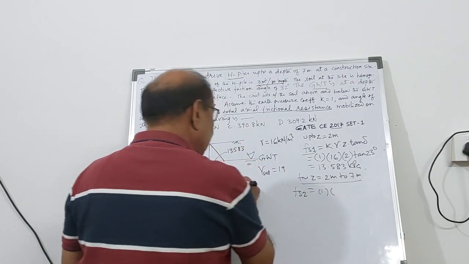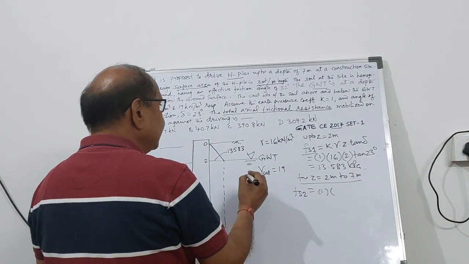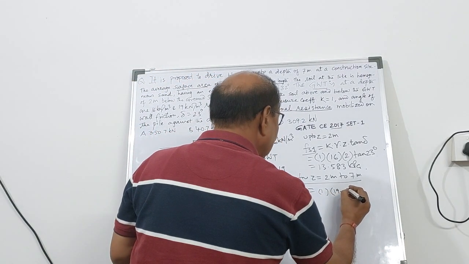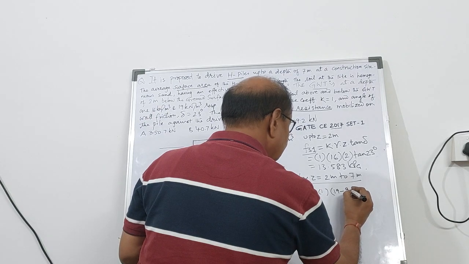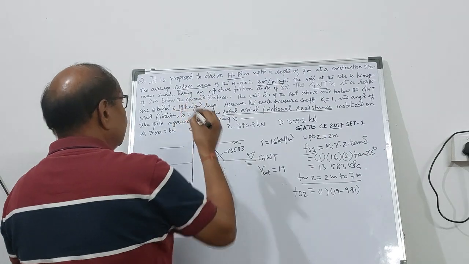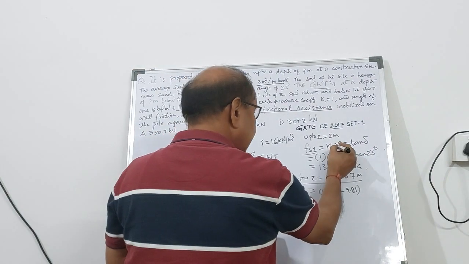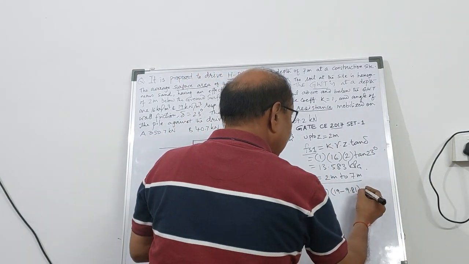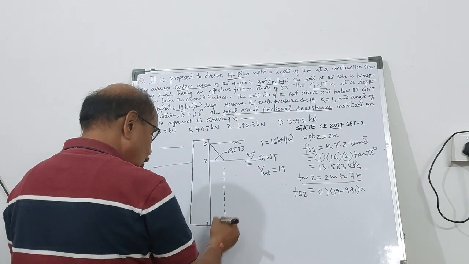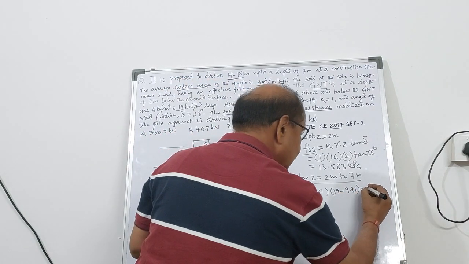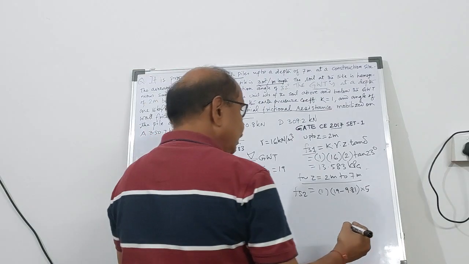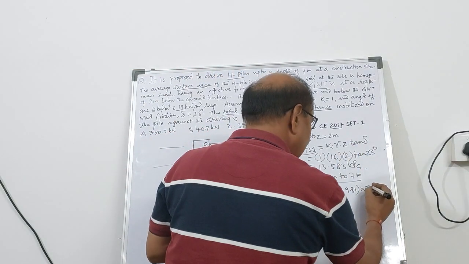Gamma is now the submerged unit weight, so gamma saturated minus gamma W, 19 minus 9.81, that is the value of gamma prime, into Z, which is from 2 meter to 7 meter, a difference of 5 meter. So Z equal to 5, and into tan